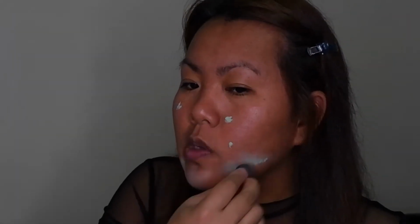So, once you put your color corrector, then you blend it over with a beauty blender. So, what I'm using here is the mini beauty blender. So, just bounce. And after we put the green, which counteracts the redness on our face, then we put another color corrector, which is